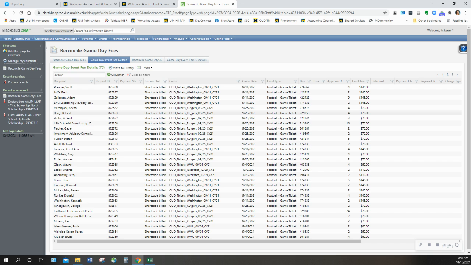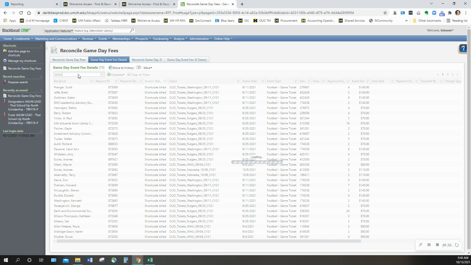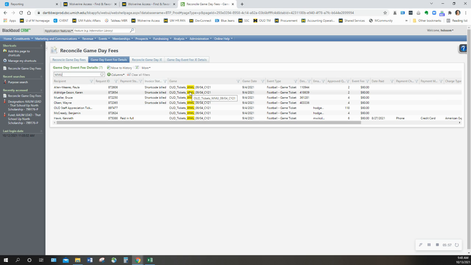It has not specifically narrowed down to the game you picked before. So what that means is you have to put WMU, Western Michigan University, which is how they coded that game, in the search box. Click enter, and you should get just the WMU, Western Michigan University games, all of them, meaning